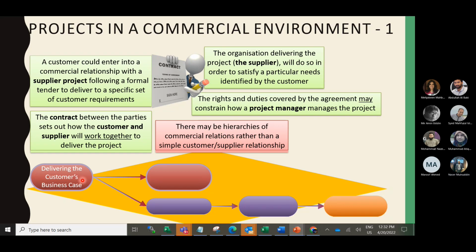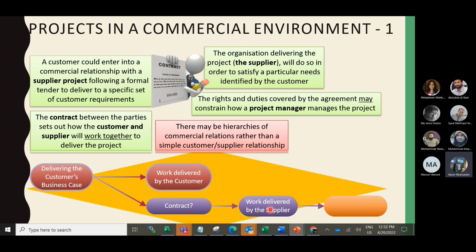So we need to follow our own organization's Prince2 methodology, and customers can engage the Prince2 methodology as well. So when we deliver the customer's business case, some work is delivered by the customer, and some work, under our contract with the customer, is delivered by the supplier.